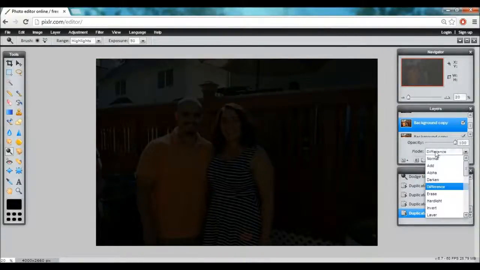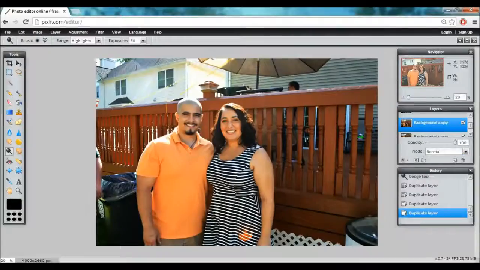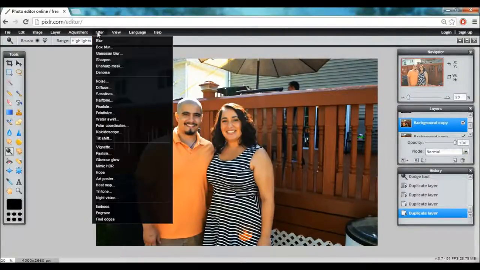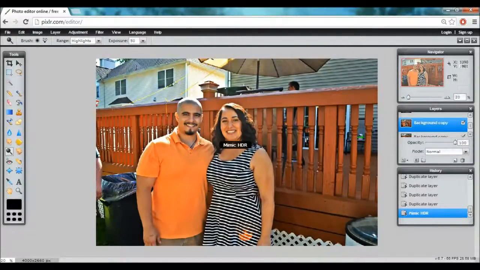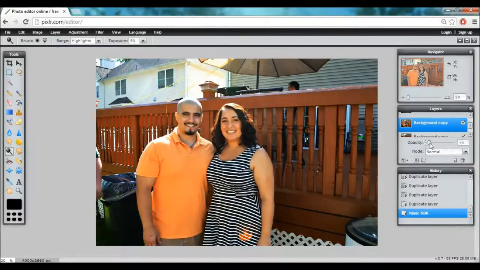Alright, so in this one I'm going to leave it normal. But what I'm going to do with this one, which I do sometimes, is you go to filter and you go to mimic HDR. And this just really defines every tiny thing. But of course, as you can see, that doesn't look very nice. So what you do is you kind of play with the opacity